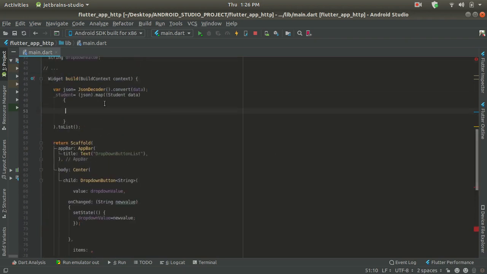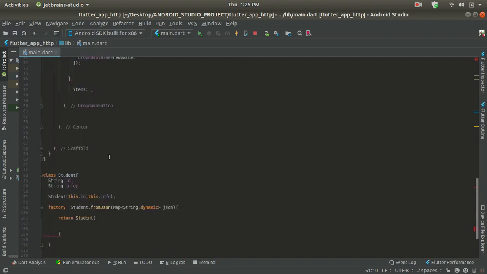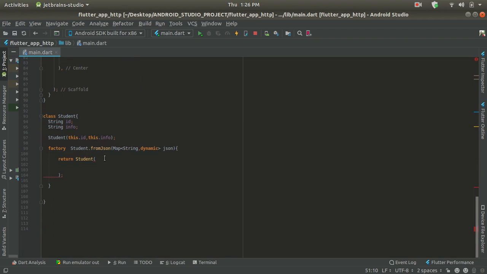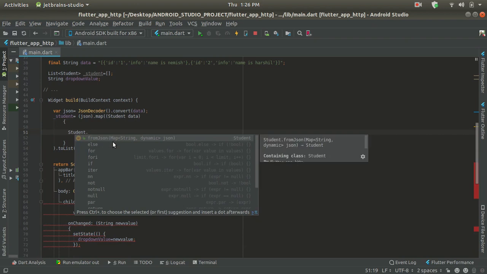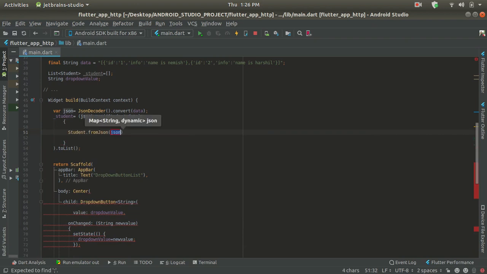Now here to convert data using this map, we have to call this student dot fromJson over here. Let's just do that part. We have to call student dot fromJson. Here we have to pass the map object which is provided over here in the form of a string. Just pass this data over here and close it.